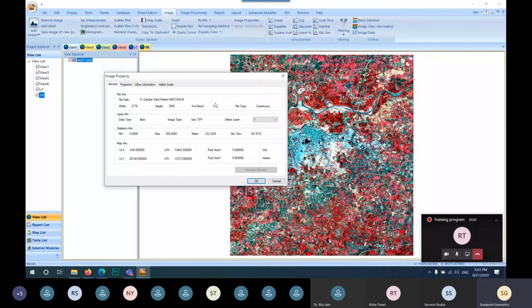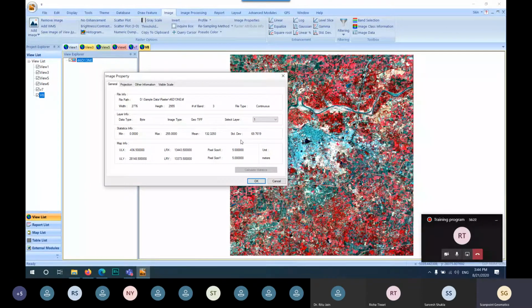The radiometric resolution tells you the number of gray scales available in your image. If your data is 8 bit, then it is 256 gray levels, that is called 8 bit radiometric resolution. If your data is 10 bit, then there are 1024 gray levels, that defines 10 bit radiometric resolution.